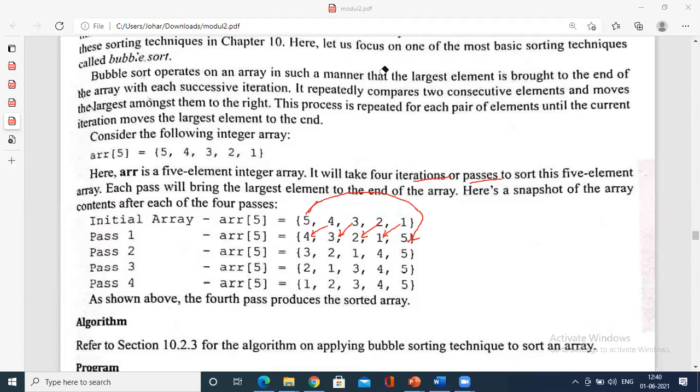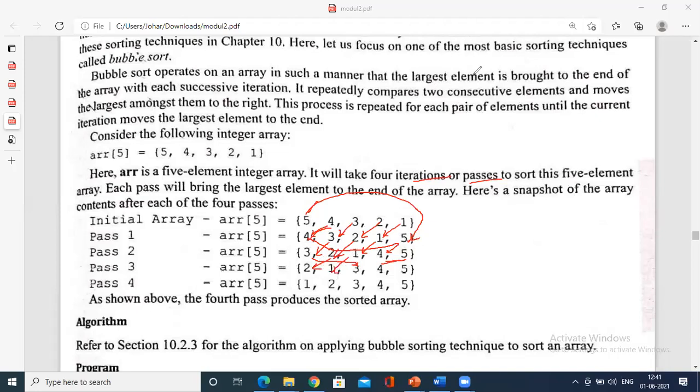Now you understand. Now again, the next largest element. The largest element is already in place. So in the next pass, you bring this 4 to this position. Again, this 3 will be brought over here, 2 will be brought over here, 1 will be. Similarly, this is being sorted. To this position, you bring the largest element, that is 3. 3 is brought over here.